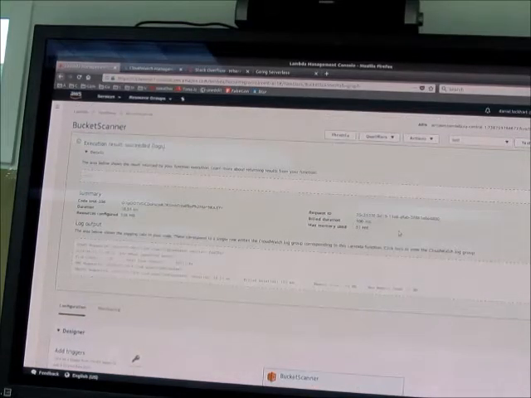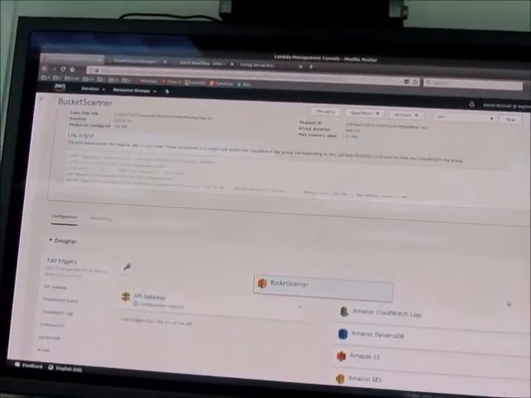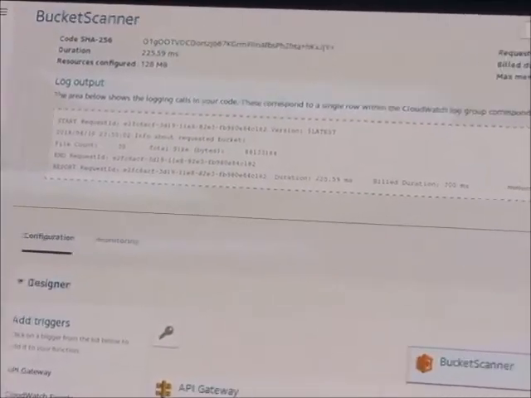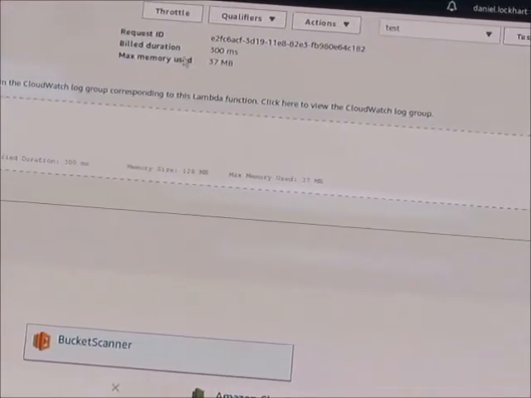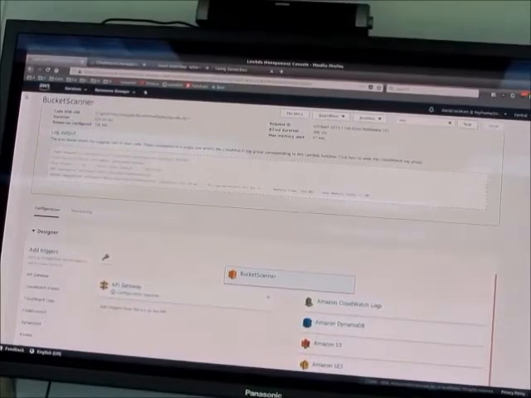So this function is pretty useless as it is. It's not connected to any events whatsoever, and the only thing that can hit it is me hitting this test button. It would be nice if this was more useful and able to receive requests from online. So let's see the changes that would be required.